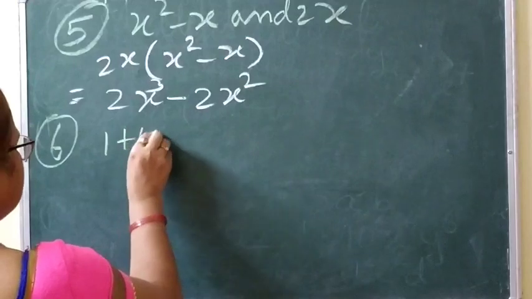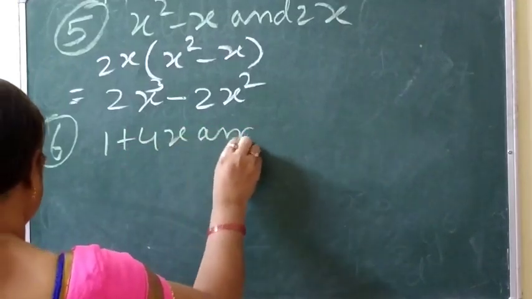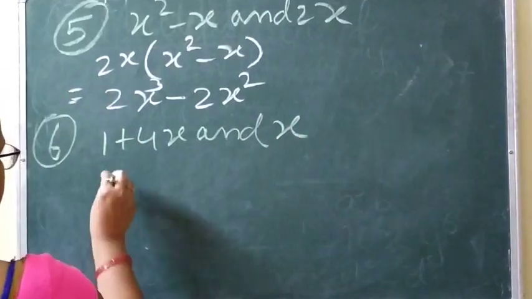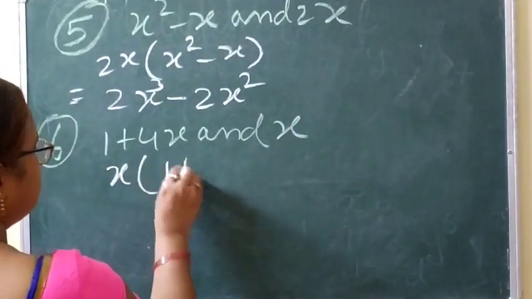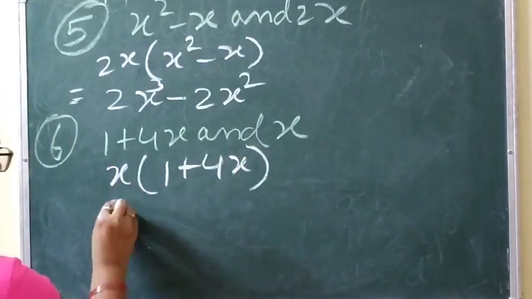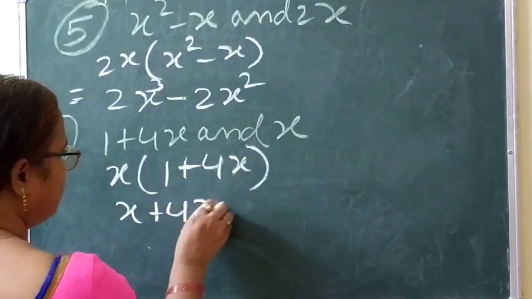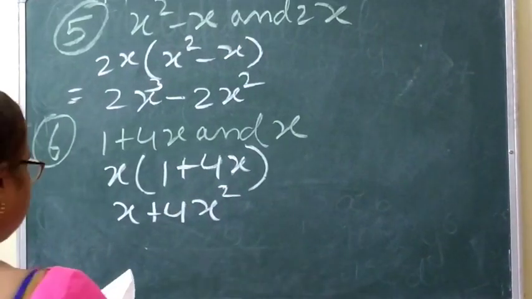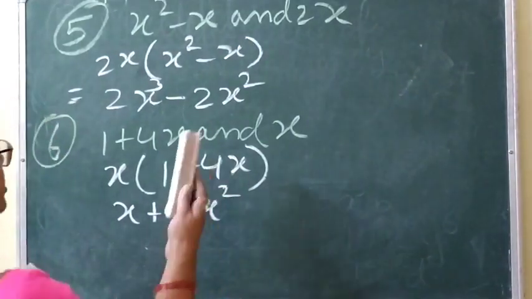Now question number 6. 1 plus 4x and x. Clear? So again write x like this, then 1 plus 4x, and then x into 1, x, plus 4x square. Answer. Clear? Now next is